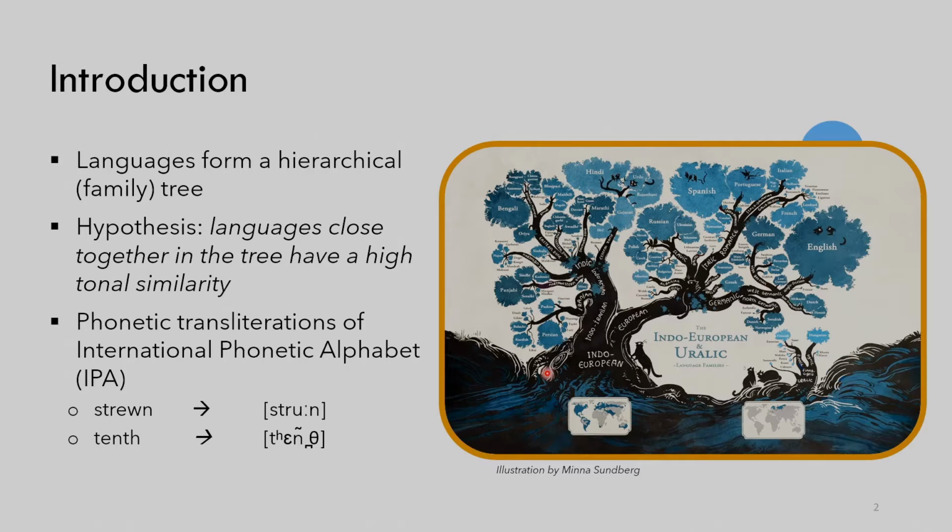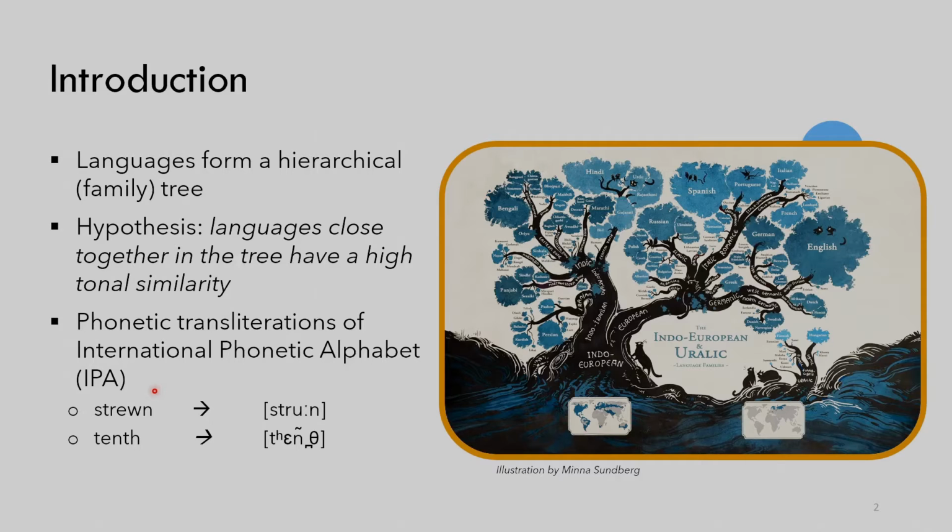We wanted to know the extent to which closely related languages in the tree are similar in terms of their pronunciation. Now, in order to represent the way certain words of a language are pronounced, linguists in the late 19th century developed the International Phonetic Alphabet, or the IPA, which maps sounds to letters. It's a notation that captures how words are supposed to be pronounced, and you can see this notation often